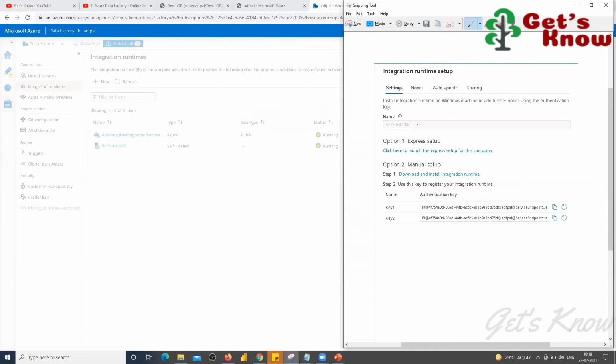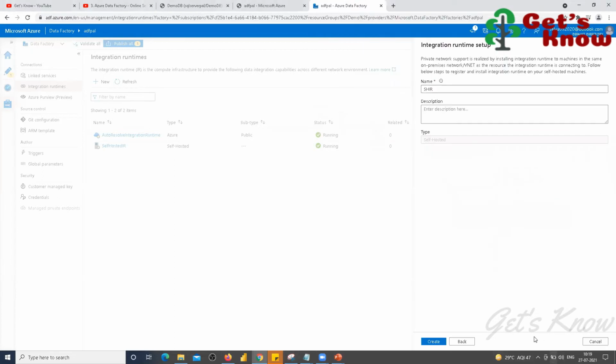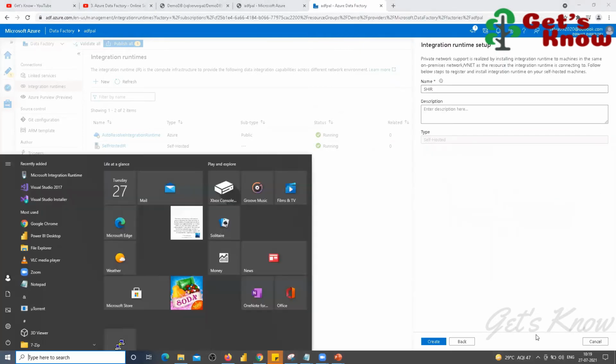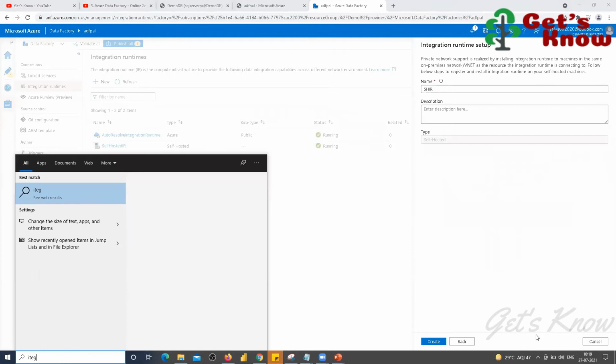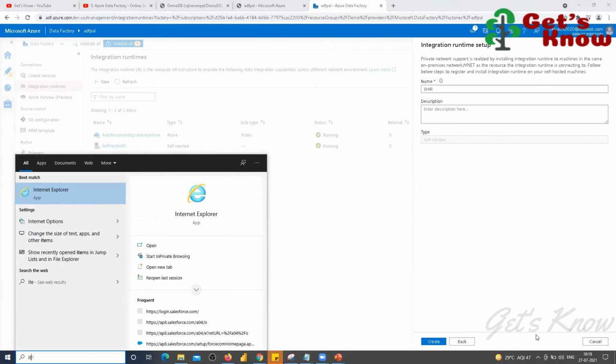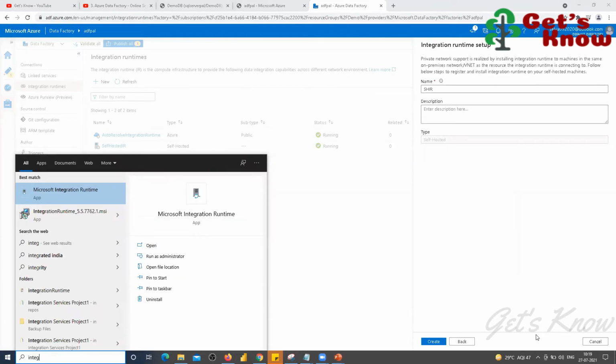If you are going to use the self-hosted IR for the first time, for example, what I'm going to do is open the Microsoft Integration Runtime. I'm just clicking OK.